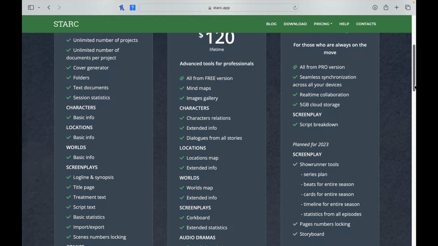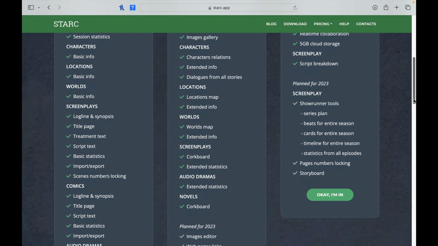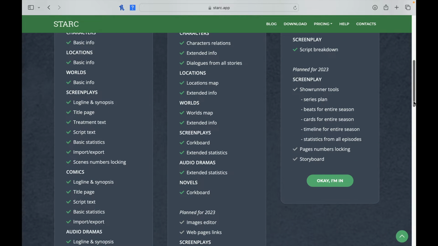So the differences between this version and the cloud version, you can synchronize across all devices. You get 5 gigabytes of cloud storage. You get script breakdown. And for 2023, you get a showrunner tool. So if you're going to be looking into showrunners, beats for the entire season, cards for the entire season, pages, numbers, locking, and storyboard. So there's some really cool stuff that is going to be coming up in terms of